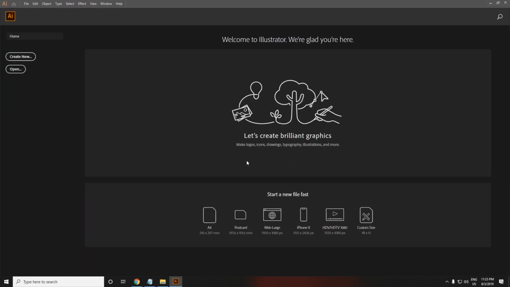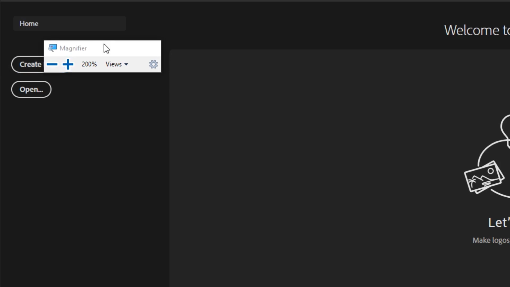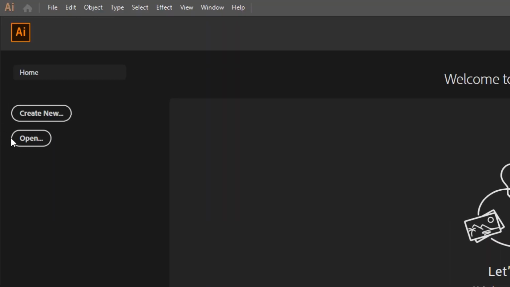Okay. Here we have the interface of our Adobe Illustrator. I just maximized that. Here you can see we have some new things to create, right? The first option is Create New, and the second option is Open. Create New is for you to set up a fresh new document, and Open is for you to work on your existing document. So for now we are going to start with creating a new document,